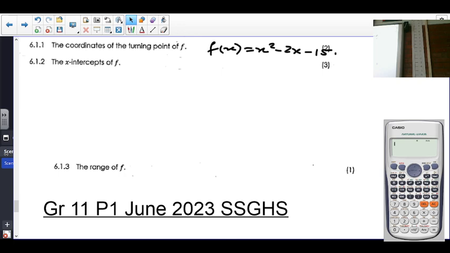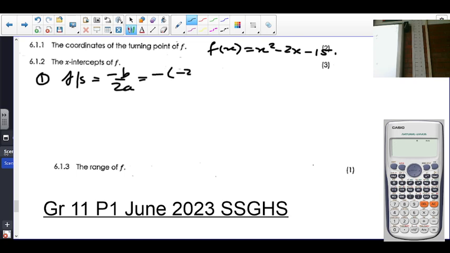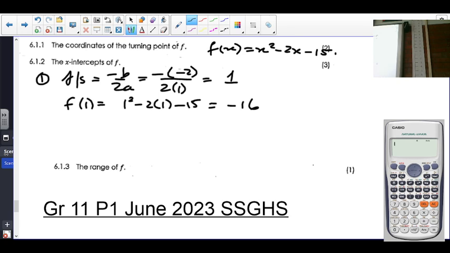6.1.1, determine the coordinates of the turning point. People, how do you calculate the coordinates of the turning point? Minus b over 2a for the axis of symmetry, which is the x value of the turning point. So it's going to be minus minus 2 over 2a, which is going to be 1. So we now say f of 1 is equal to 1 squared minus 2 times 1 minus 15, which is minus 16. So the coordinates of the turning point is going to be 1 and